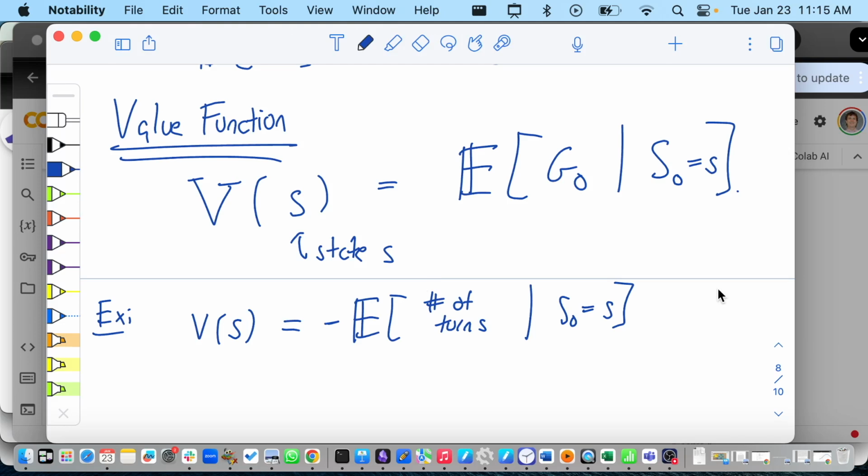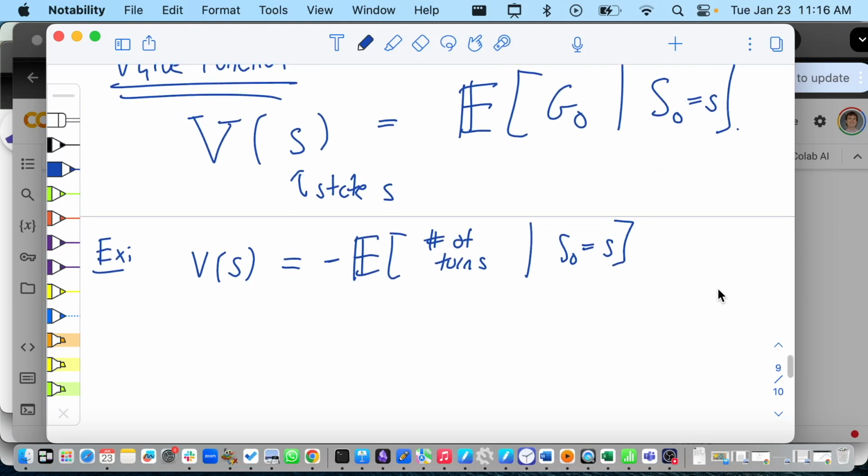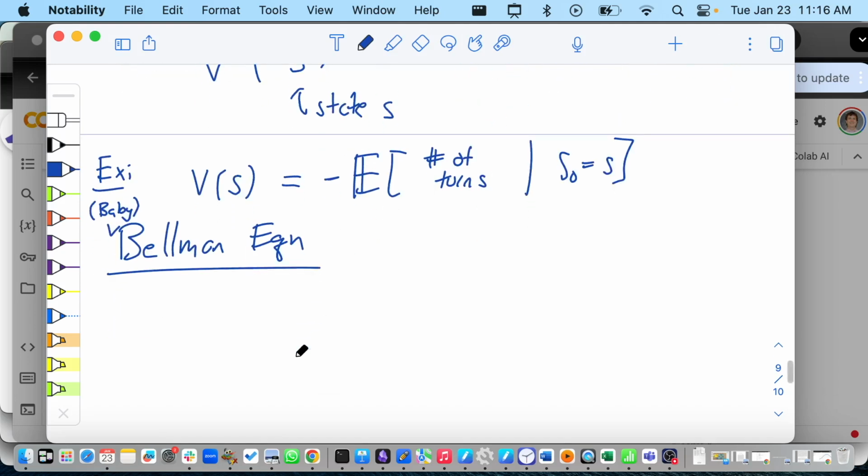So far we've done all this setup. We have these things, the rewards. We're writing things in a different way. The value function has a nice equation called the Bellman equation. I think Bellman was some British guy. Actually, what we're going to write down is what we'll call the baby Bellman equation, because we're going to have a souped up version of this later, and the souped up version is what people call the Bellman equation.